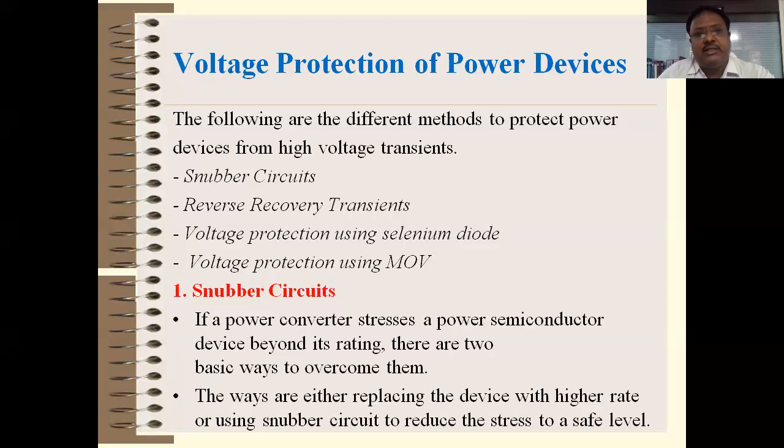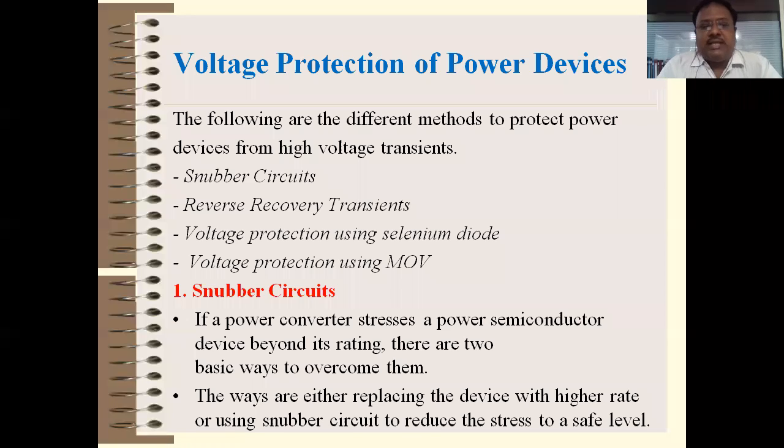And not only this increased line voltage, fluctuation in line voltage, but sometimes due to other reasons, high voltage spikes may appear across the power devices, and due to that, either false triggering may occur, or sometimes your power devices get damaged. For example, if an SCR is connected in forward bias condition and any high voltage spike appears across the SCR, that is between anode and cathode, and if the anode is positive with respect to the cathode, then without the gate current, your SCR may turn on. So this condition is called false triggering.